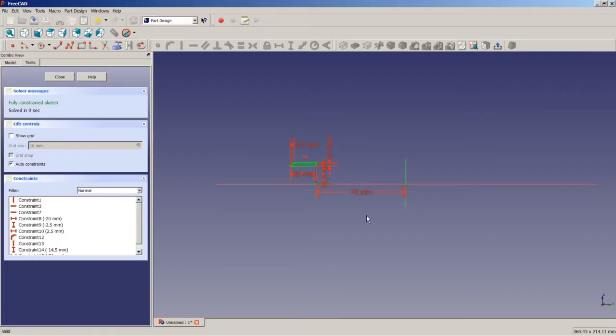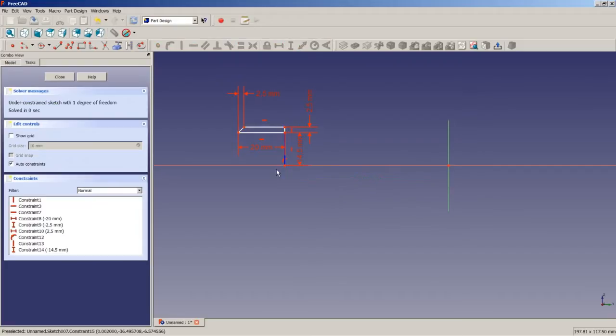We say edit sketch. We delete this constraint of 70 millimeter. We click on the point and keep the left mouse button clicked. We drag the point around here,